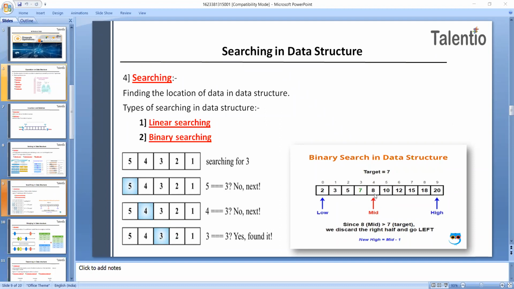Now what is this middle item? This is 8. This is the right side of the middle item, and this is the left side of the middle item. So start searching from the left side of the middle item. Then the item is searched in the sub array to the left of the middle item. Otherwise, the item is searched for in the sub array to the right of the middle item.